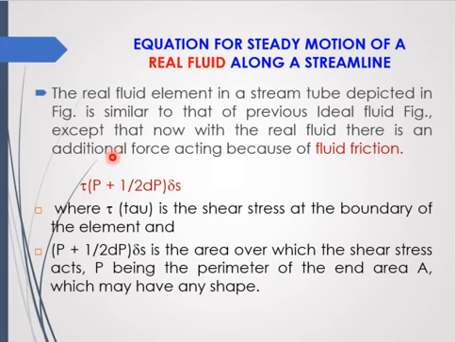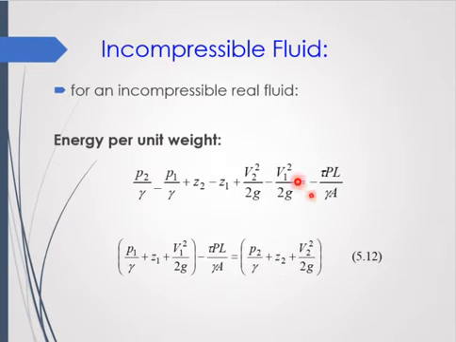We will follow the same procedure of writing the equation according to Newton's second law, summation F equals ma. We will write all the forces, then integrate and neglect the higher order terms. As we did in the case of ideal fluid, the same procedure will be adopted, and in the end we will get for an incompressible fluid the following equation: